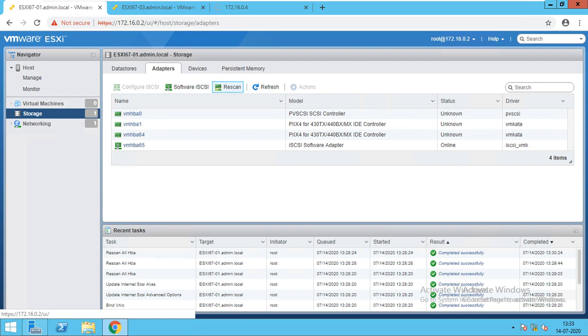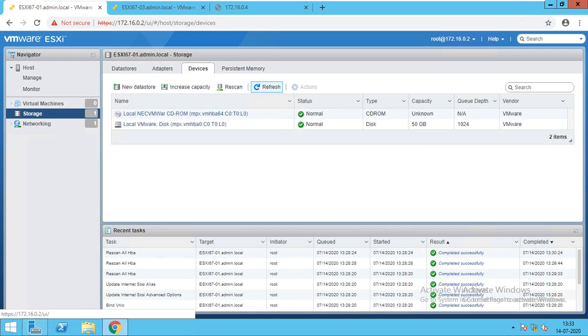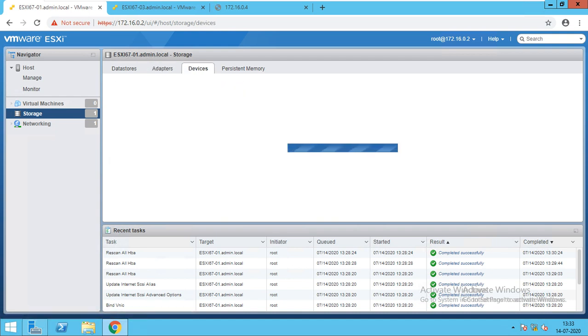So we just rescan, refresh, then we'll go to the device and do refresh. As we refresh, we'll get the page. We'll get the hard disk assigned to the disk server through SSD.